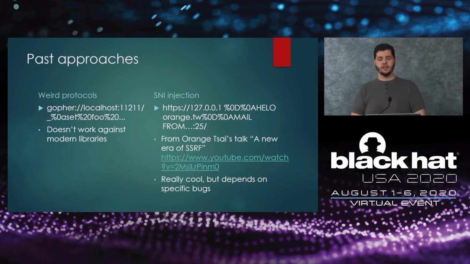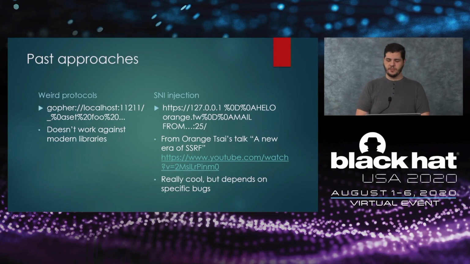But it's not all that limited. As Orange noticed, the SNI, which is basically just the domain name, is part of the URL. So if you can trick the victim into accepting a weird domain name and parsing it incorrectly, you can include arbitrary bytes in there and smuggle stuff like SMTP commands. This approach is dependent on a platform-specific URL parsing bug, but what if we had something that was inherent to the TLS protocol?